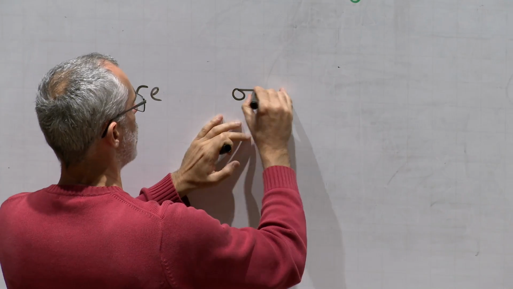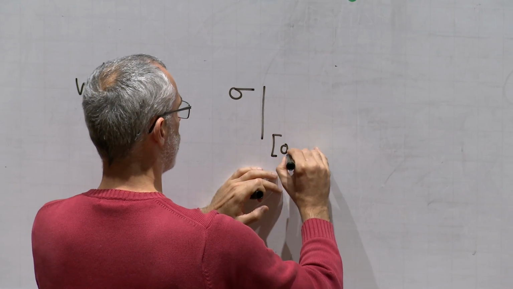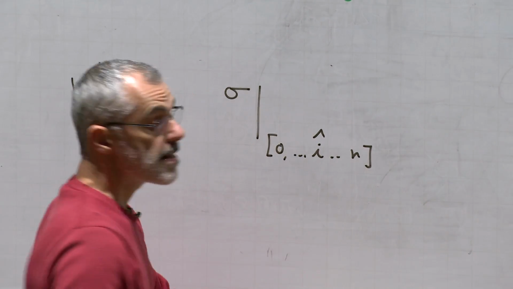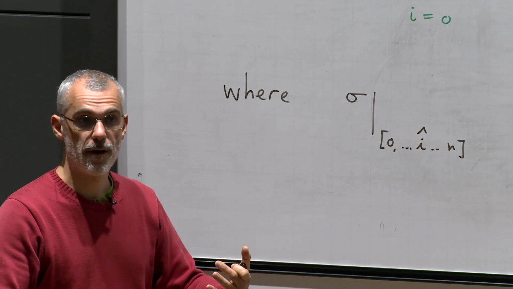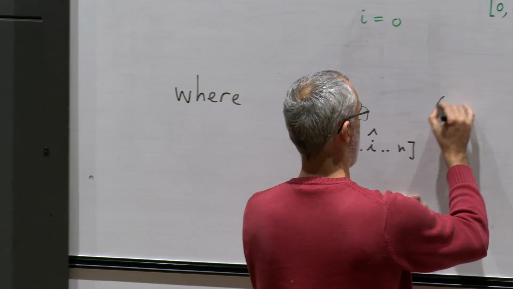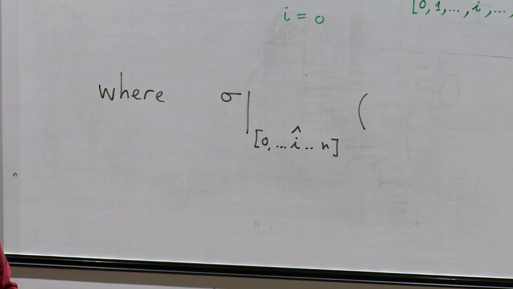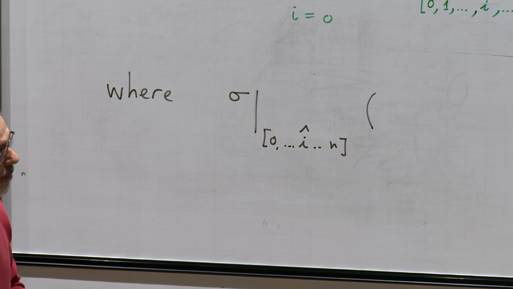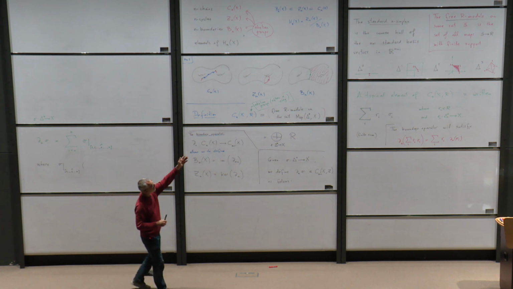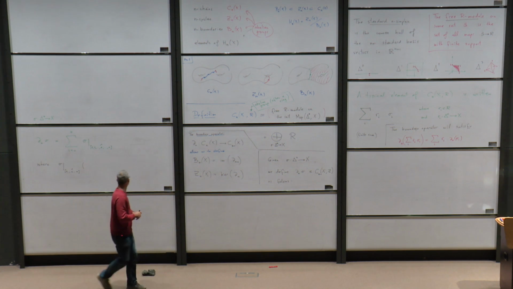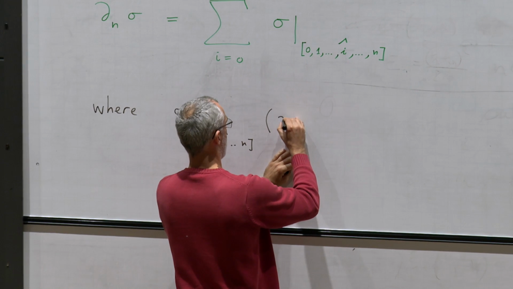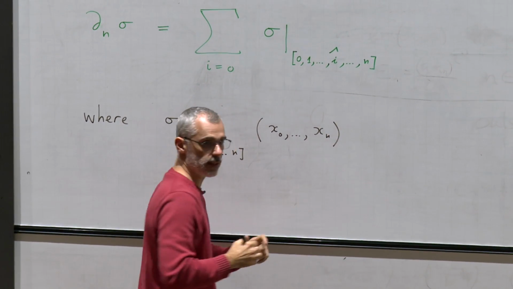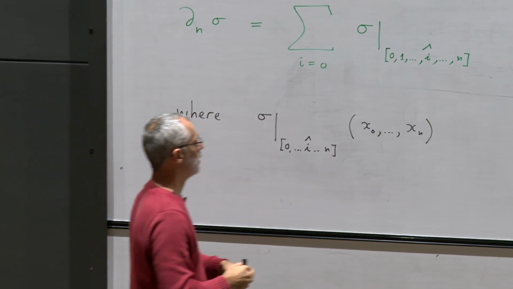Where sigma restricted to this thing, that's a new map, which is now a map from the n-1 simplex to x. Okay, the n-1 simplex is a subspace of Rn. So I'm going to give it coordinates x0, ..., xn. I have n coordinates. And that's going to be defined to be,